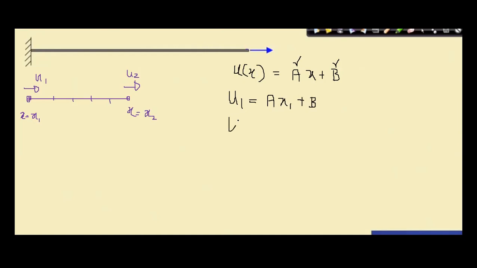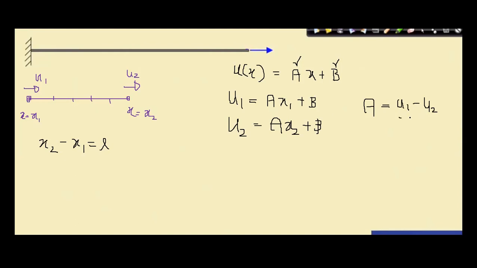At x equals x2, u2 becomes a x2 plus b, and we know that x2 minus x1 is equal to L, right? Yes, we can write this as... so you need to find these coefficients, so you can straight away find a is equal to u1 minus u2